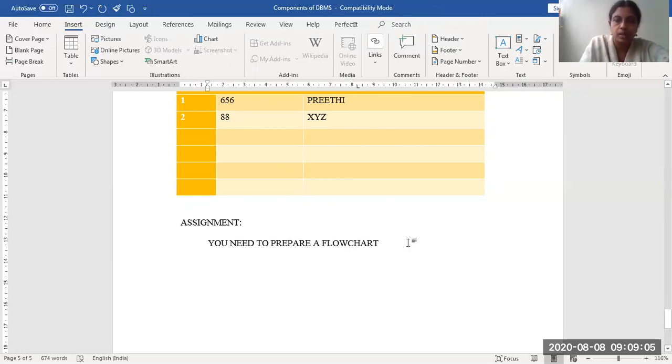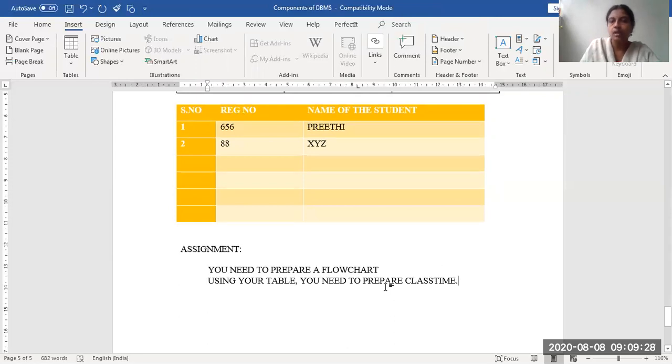The next exercise is using your tables: you need to prepare a class timetable. Your last semester timetable was there, no, that you need to prepare. Try both these options, and you need to submit them as an assignment.